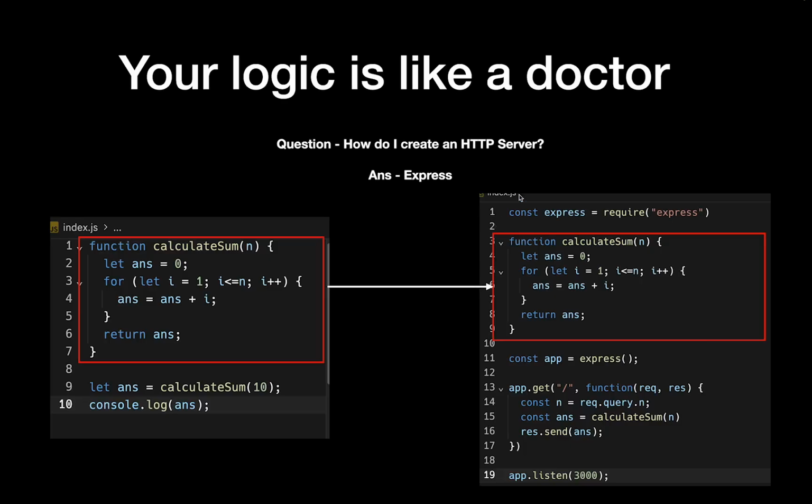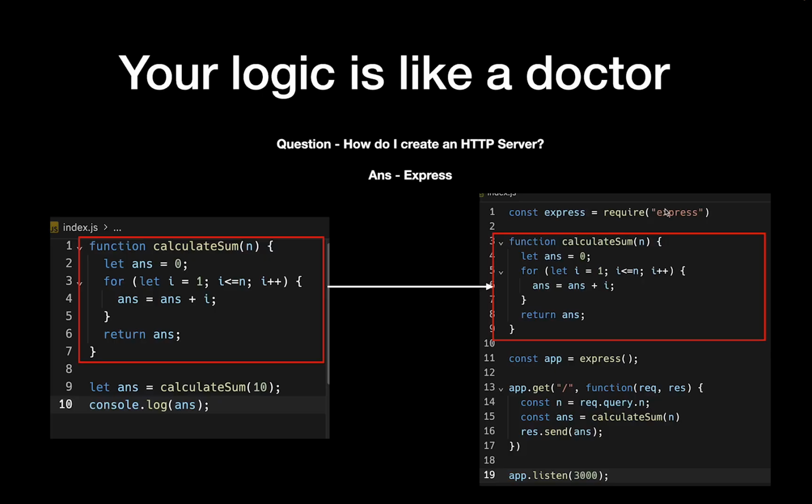Number one, at the top of the file, I have imported Express from Express. Harkirat, what is Express? Why is it called Express? This is just the name of a library that lets you create an HTTP server. This is similar to the file system library. In the past, we have done const fs equal to require fs, right? Similarly, Express is a library that very smart people have created that sort of encapsulates the complexity of creating an